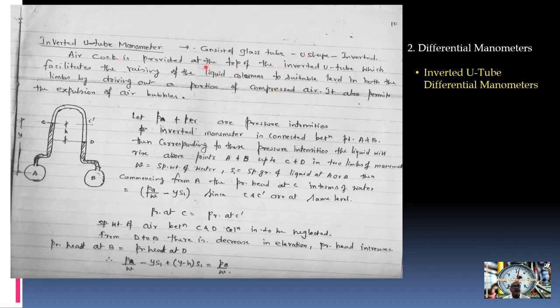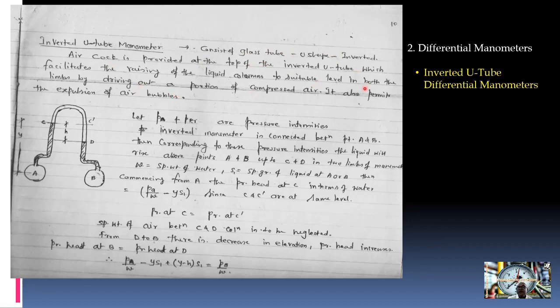An air cock is fitted; sometimes air is used, or the flowing liquid is water and the manometric liquid is toluene. This way also you can consider. So the inverted U-tube manometer consists of a U-shaped glass tube. An air cock is provided at the top of the inverted U-tube manometer, which facilitates